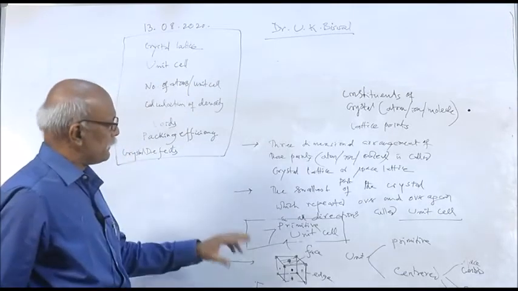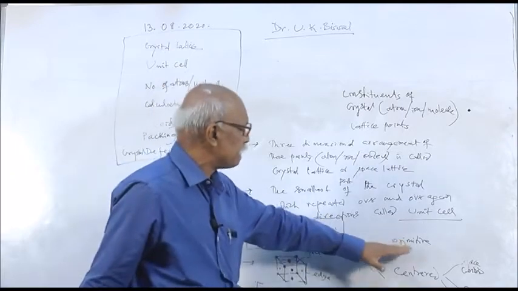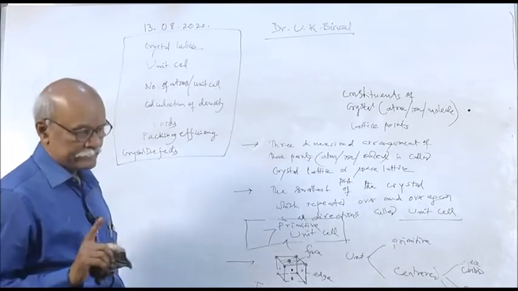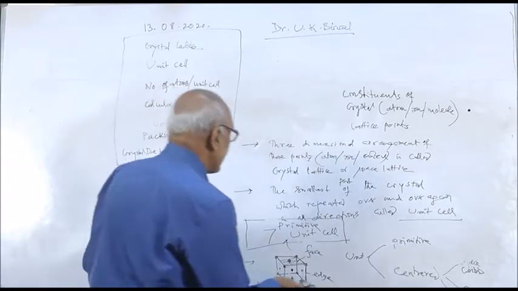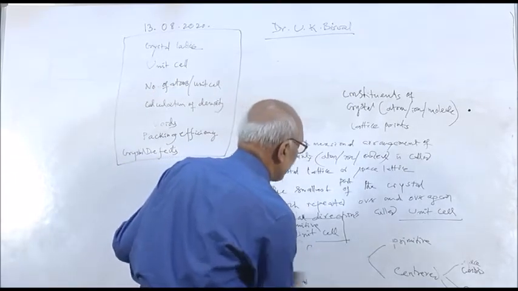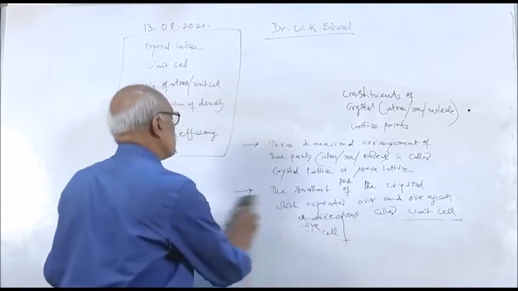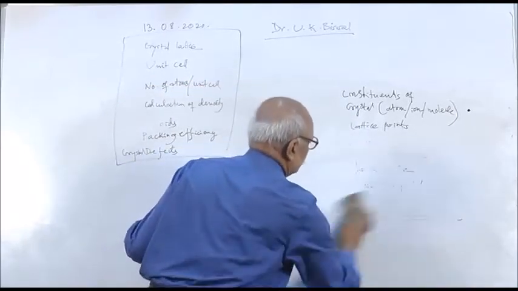Overall, if you consider these 7 primitive cells as well as the centered ones, then you will get 14 types of crystal unit cells, and these are called Bravais lattices. You will know later on. There will be 14 types of crystal lattices in the world, and these are called Bravais lattices.